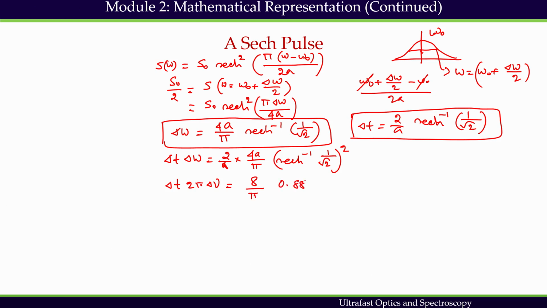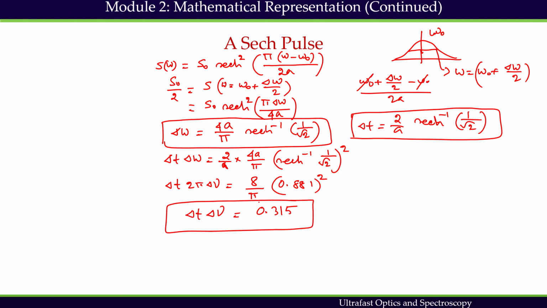This value is going to be 0.881 whole square, or in other words, delta t delta nu is going to be 0.315. One can use a calculator to recheck this expression. So what we get is that for the hyperbolic sech function, the time bandwidth product is going to be 0.315, which is different from a Gaussian pulse or a